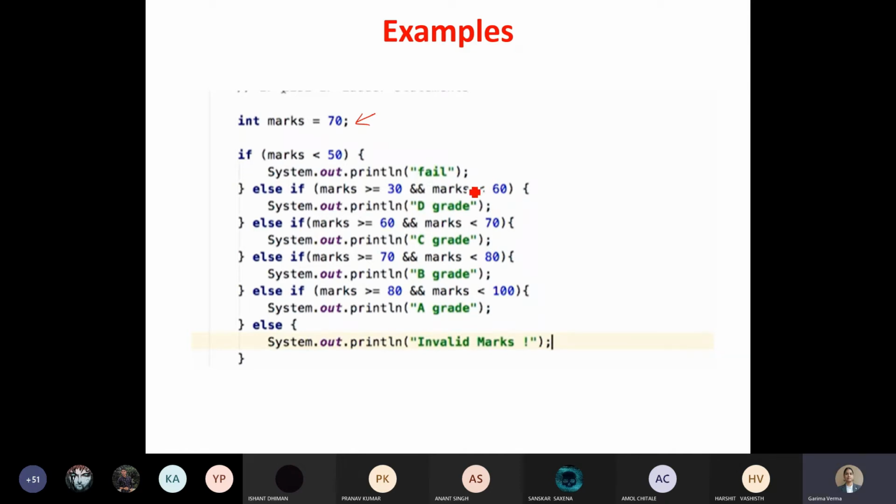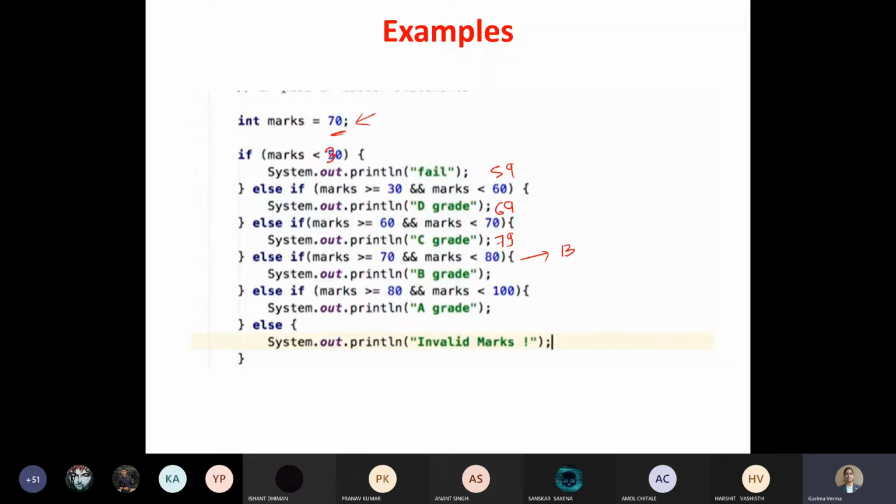If it is 30 to 59, then you will get D grade. If it is 60 to 69, you will get C grade. And if it is 70 to 79, you will get B grade. So it is clearly shown कि 70 marks हैं, तो मेरा grade क्या आने वाला है?